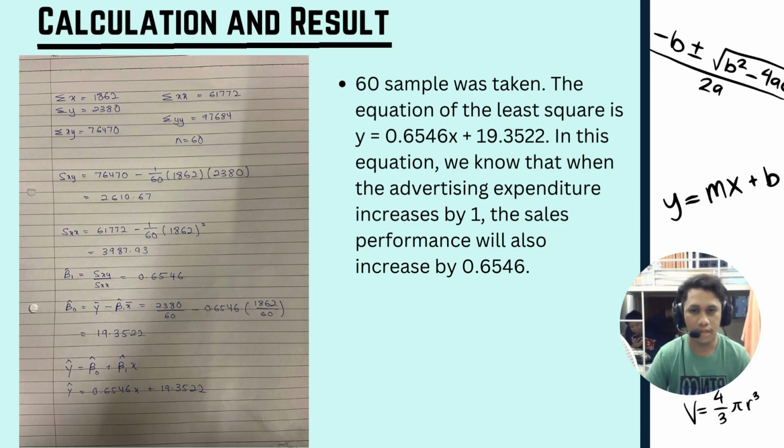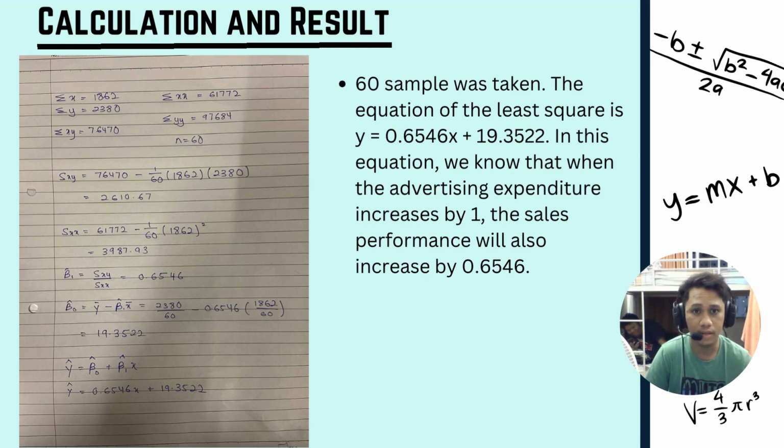Next is calculation and result. For the calculation, we find the sum of x, sum of y, xy, xx, yy, and we know the sample size is n equal to 60. We find Sxy equal to 2610.67, and Sxx is 3987.93, and b1 is 0.6546, b0 is 19.3522, and